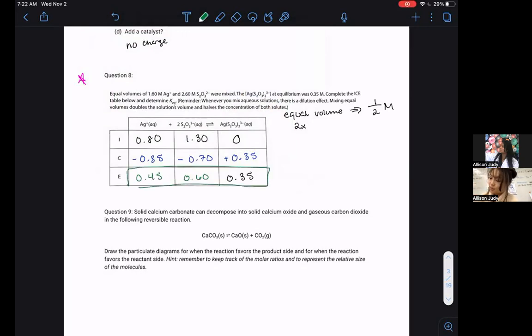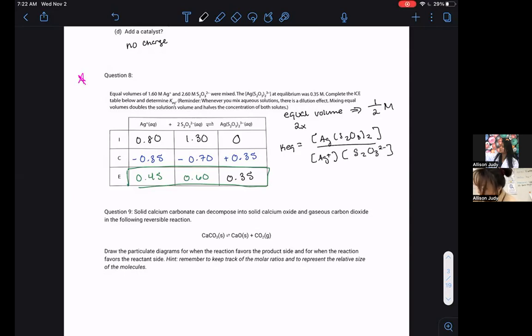Now I take this and I plug into my KEQ. So I say KEQ is equal to the ratio of products over reactants, right? Products raised to coefficients. So my product here is the concentration of AgS2O3 at equilibrium divided by Ag+ concentration at equilibrium times